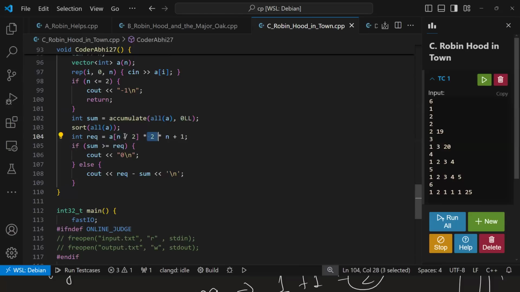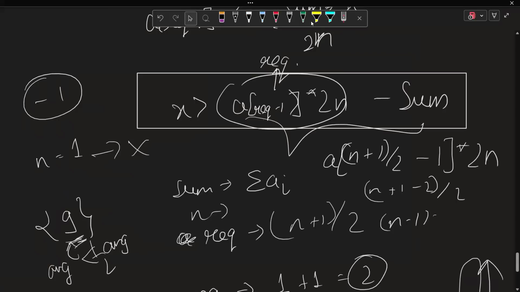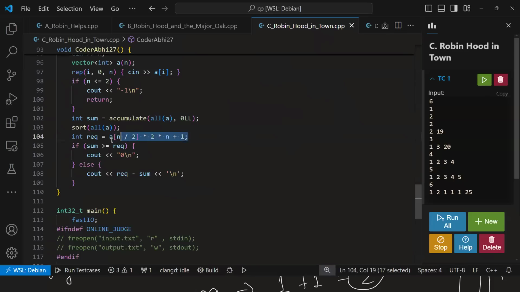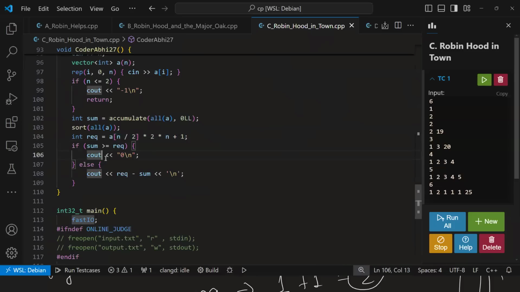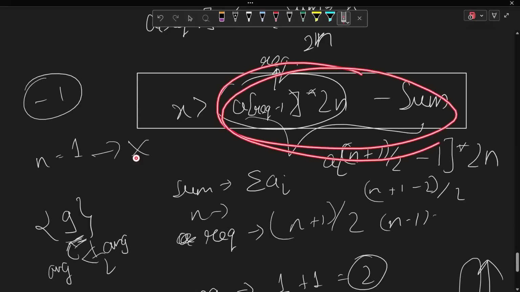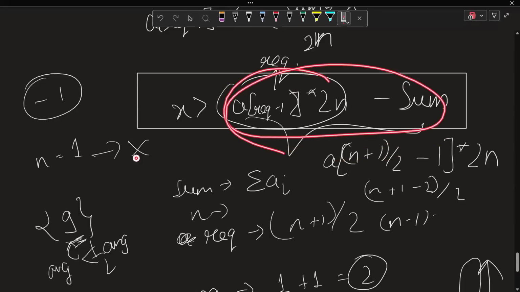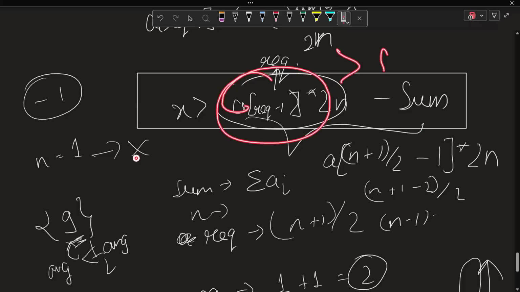So a of n by 2, into 2, plus 1. You can write what we derived here, or you can check both of them are the same. So this thing is the same as what I wrote, so you can write what I wrote there also. So this I'm taking as required, and then I've checked required minus sum. One more thing I'm checking is that this may be a negative value, and you cannot have a negative x. So if sum is greater than this thing and we get a negative value, we would print 0